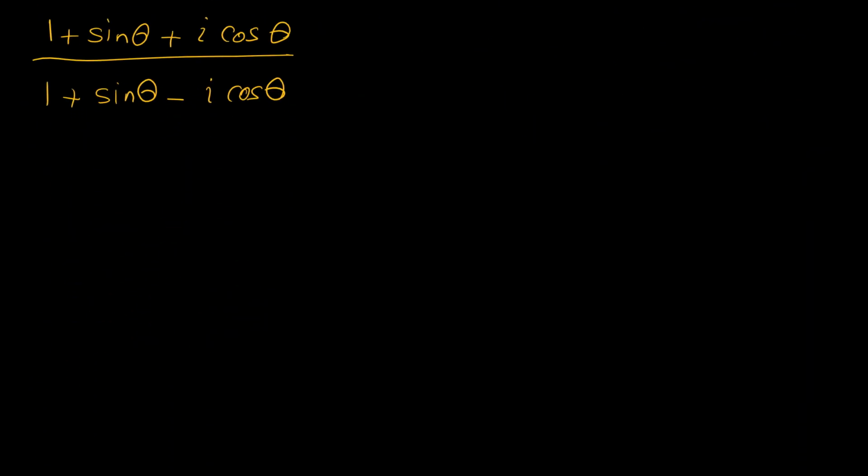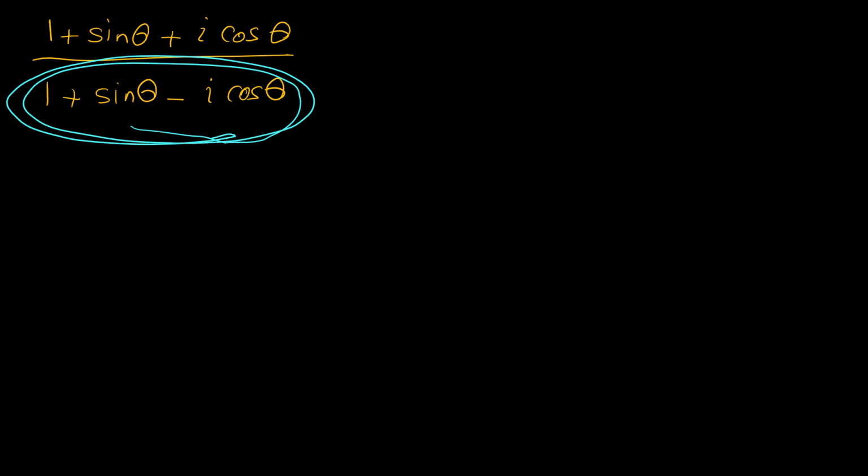Here we want to divide two complex numbers by each other. If you remember, to divide two complex numbers by each other, usually the method is this. We multiply numerator and denominator by the conjugate of the denominator. In the denominator we have this complex number, which here, this is the real part of this complex number, and